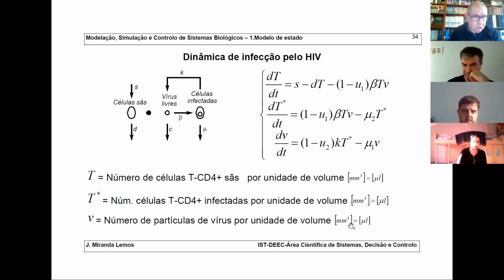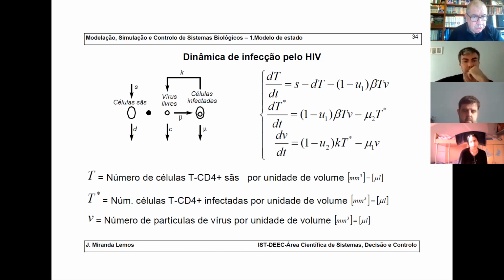So what is the idea here? You produce some T cells. Let's assume you produce them at a constant rate, and these cells are eliminated because they die, and they also combine with free particles of virus. So this black dot means combination,